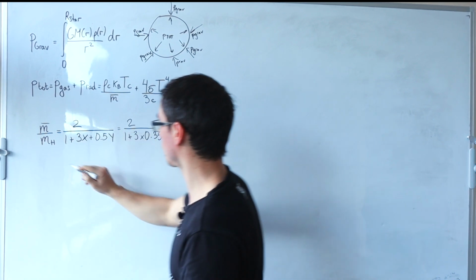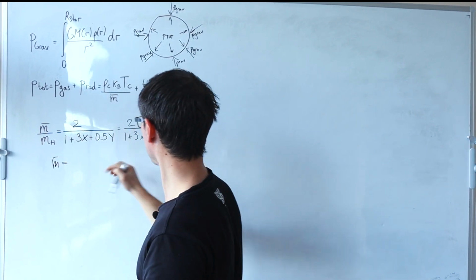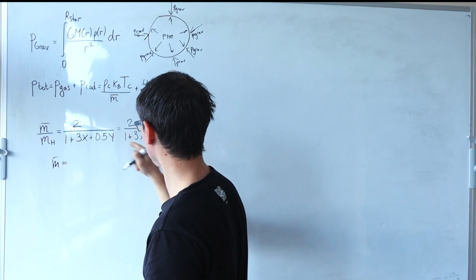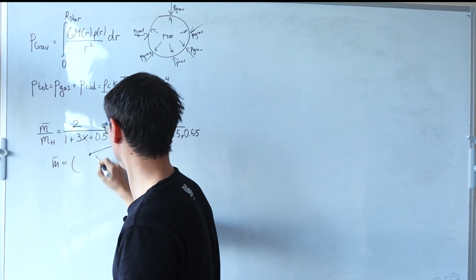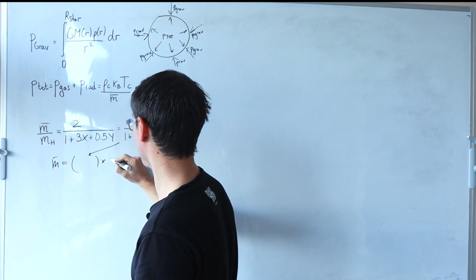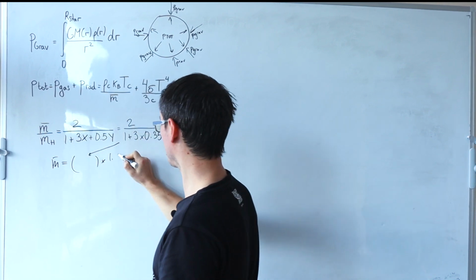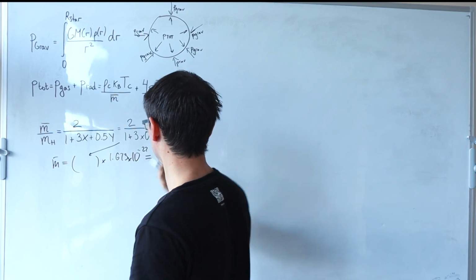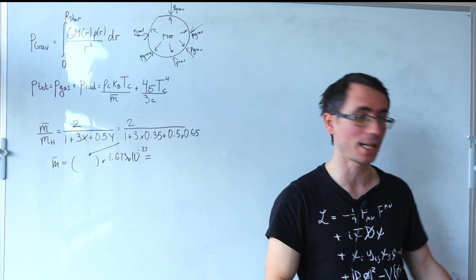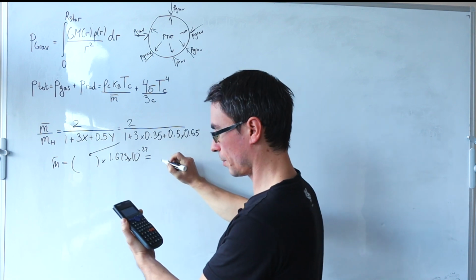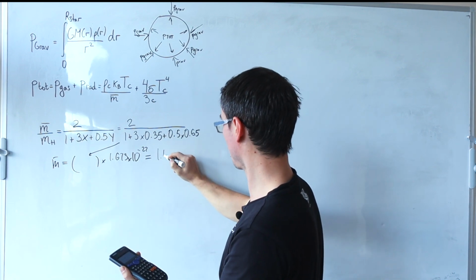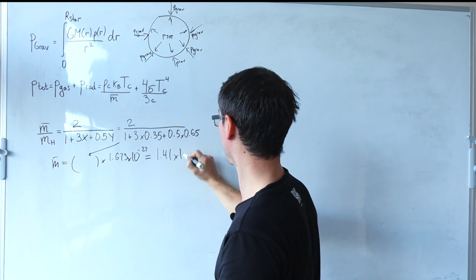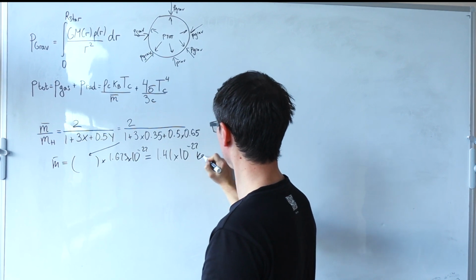So this means that the average mass will just be equal to this expression. I'm just going to write it like that, multiply by the mass of hydrogen, which is 1.673 times 10 to the power of minus 27. Let's put that in a calculator. Okay, this here will give me around 1.408, let's call it 1.41 times 10 to the power of minus 27